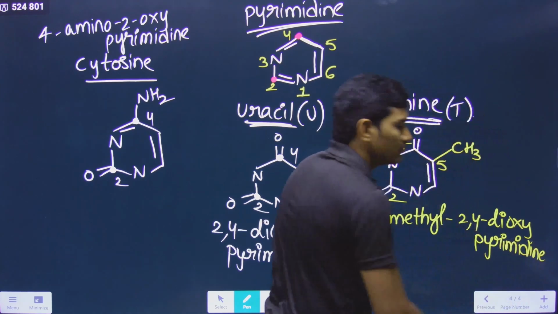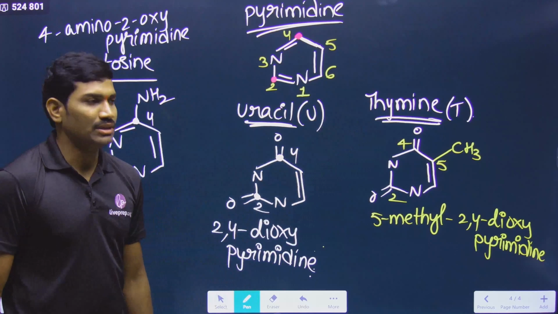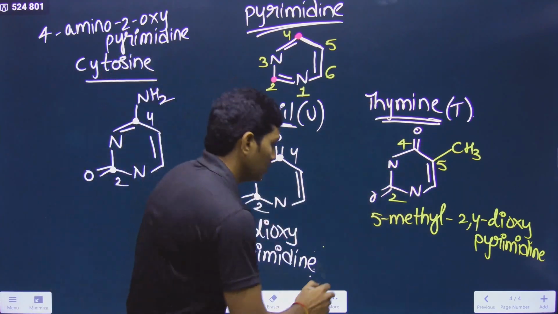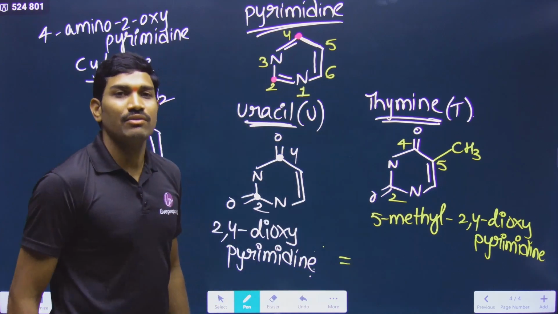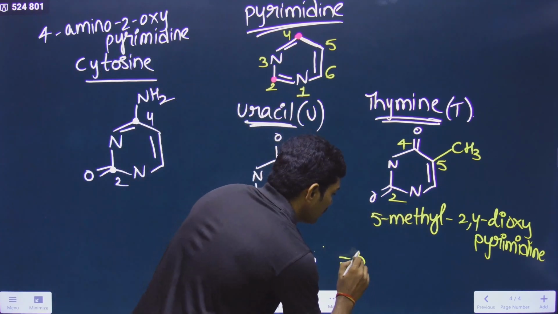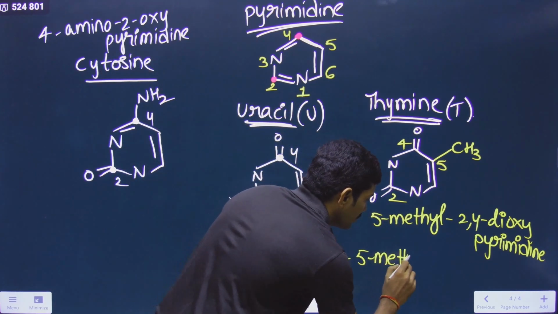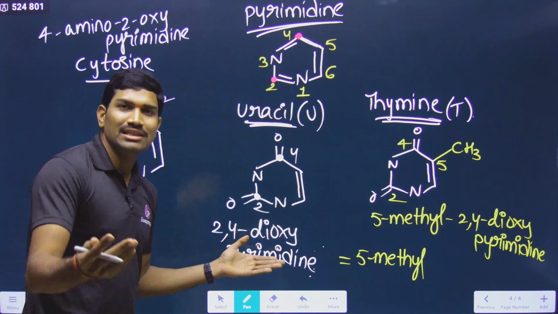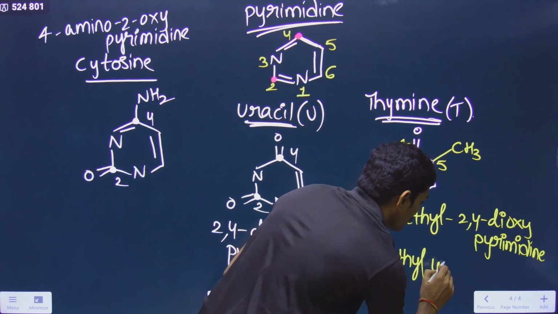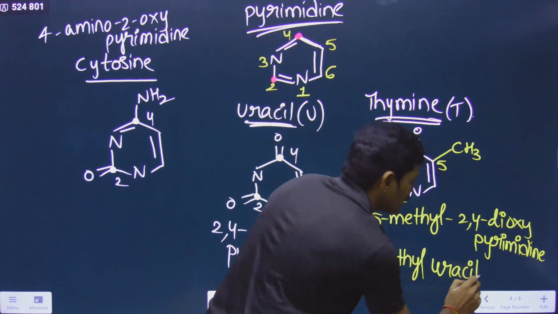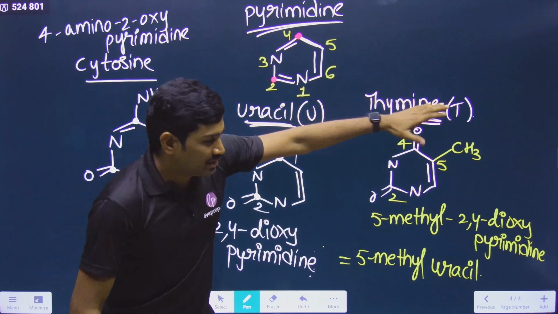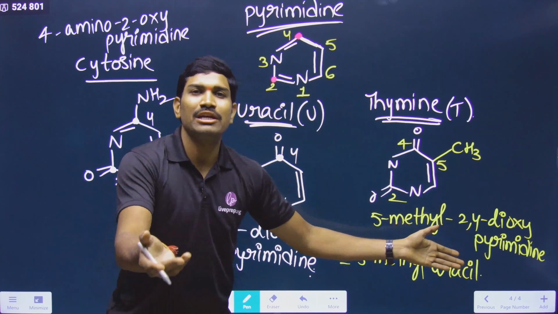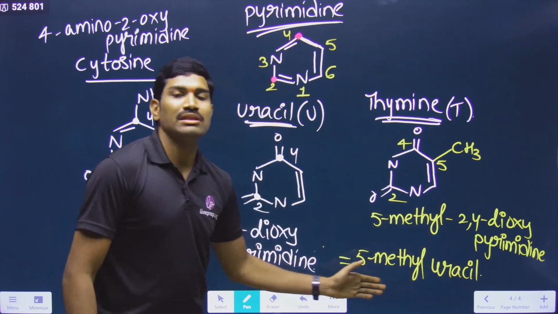2,4-dioxypyrimidine. This is the structure of thymine, 5-methyl 2,4-dioxypyrimidine. Now you can also write this in a different way. What is this different way? 5-methyl you can write as it is. What is this 2,4-dioxypyrimidine? It is nothing but uracil. So you can write this as uracil. Understood or not? So thymine, chemically called as a 5-methyl 2,4-dioxypyrimidine, or simply it is also called as 5-methyl uracil,